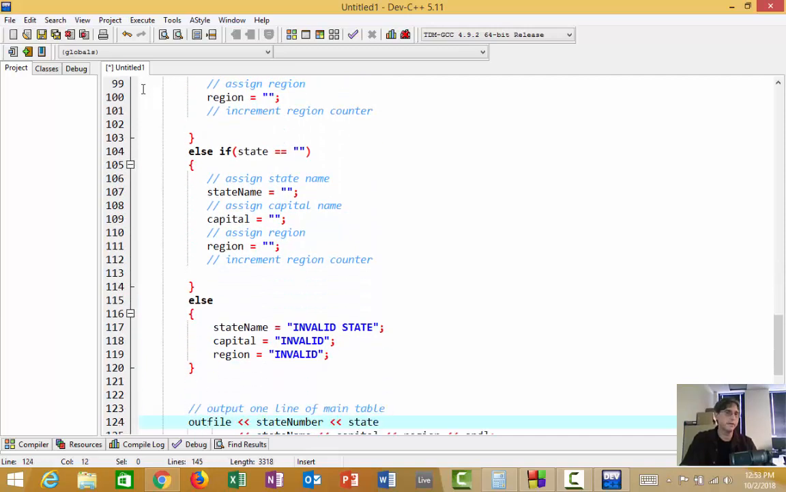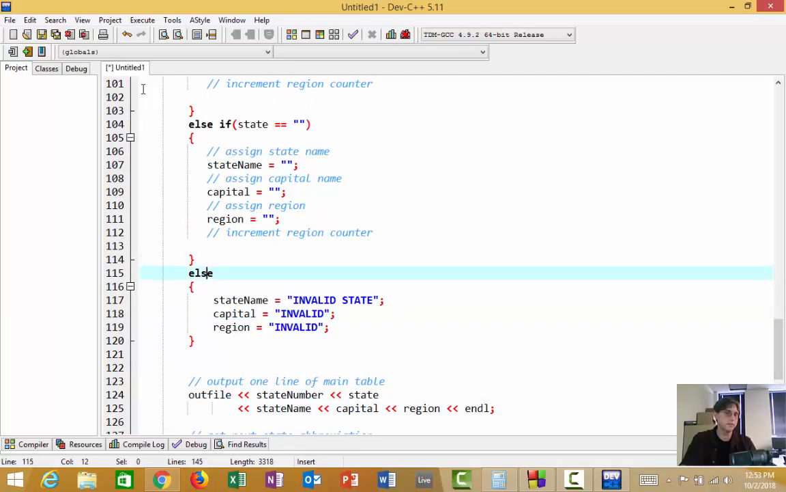And the last one will be at the very end. You'll have this else by itself, which will have to be the last one. Else, state name is equal to invalid state, capital is equal to invalid, region is equal to invalid. Then after you get that,